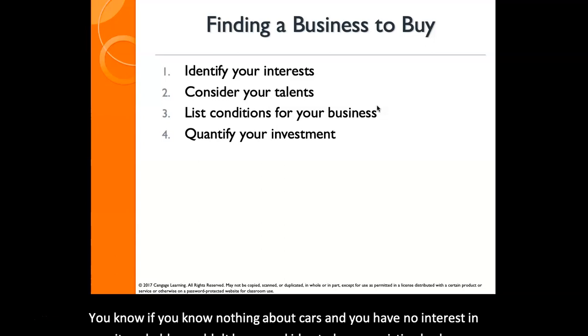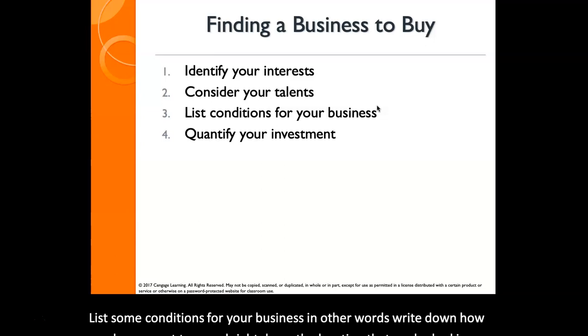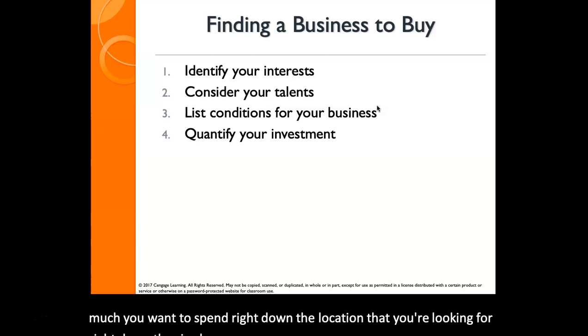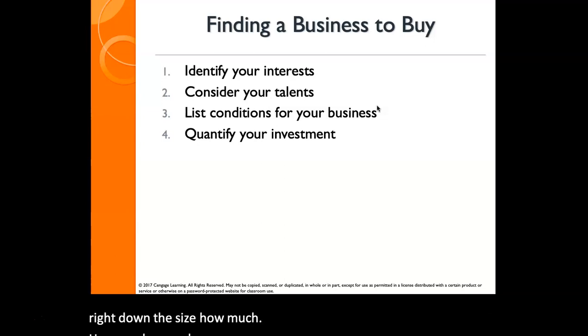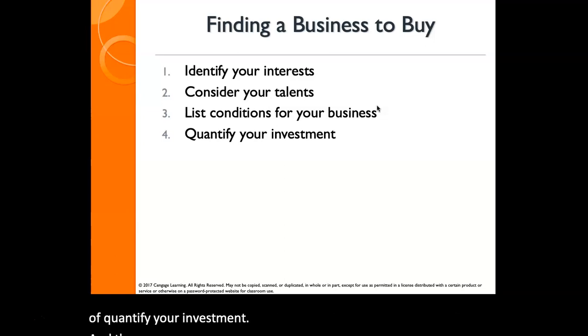List some conditions for your business. In other words, write down how much you want to spend. Write down the location that you're looking for. Write down the size, how much annual revenue you're looking for. So that way you can sort of quantify your investment and then start looking for this type of business that